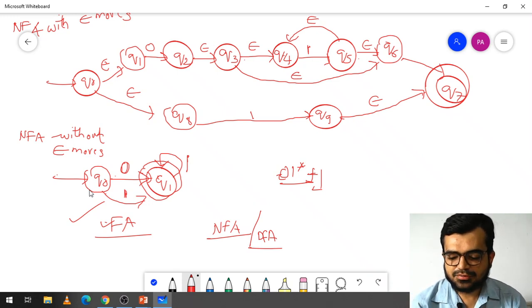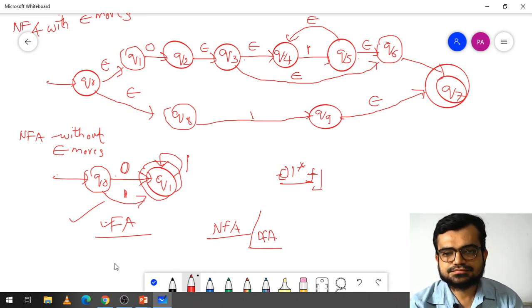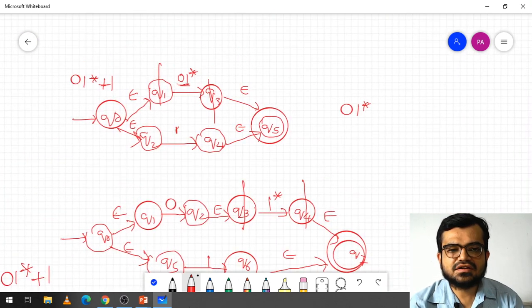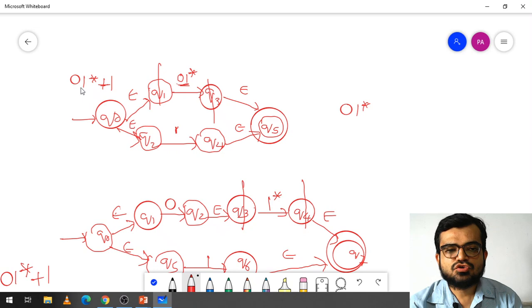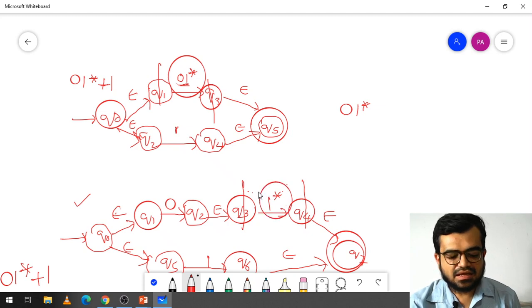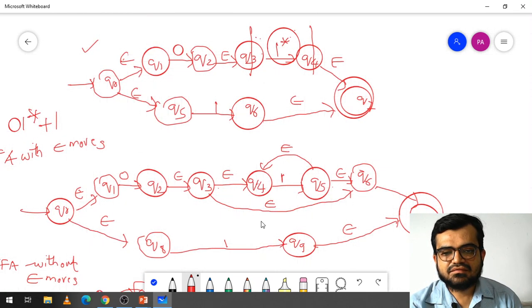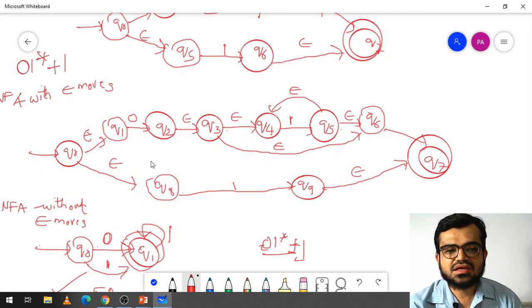So like that the process is here. If you see carefully, first we have taken the union operation, okay. Union with epsilon moves, how we did it, then we expanded this part, and in the second diagram we expanded this part, and here again we need to expand this closure, and here we have expanded this one closure, and finally we got this NFA with epsilon moves.